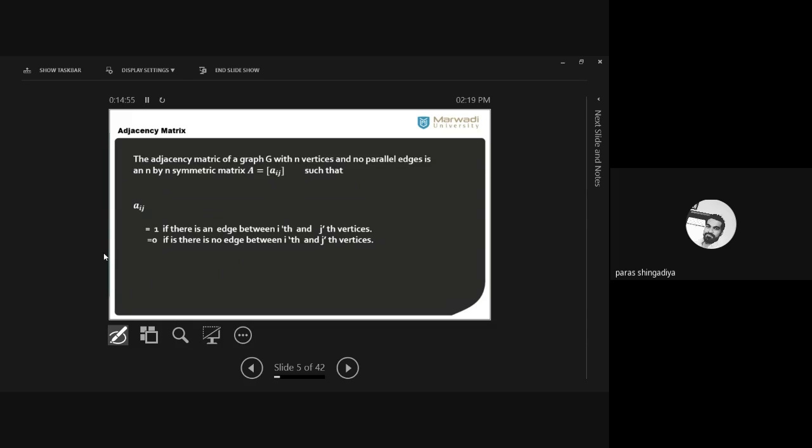Okay, and the entries are known as Aij. What is the meaning of that notation? i goes from 1 to n and j is also from 1 to n. So you will get this type of shape. That notation of the matrix you already know. This type of entry you can define in the matrix. Aij means i from 1 to n and j from 1 to n. So we just manage all the entries.